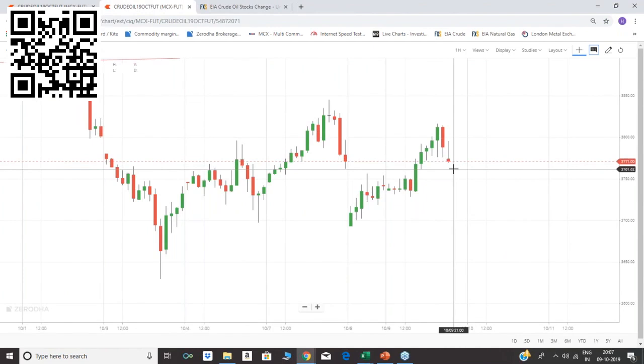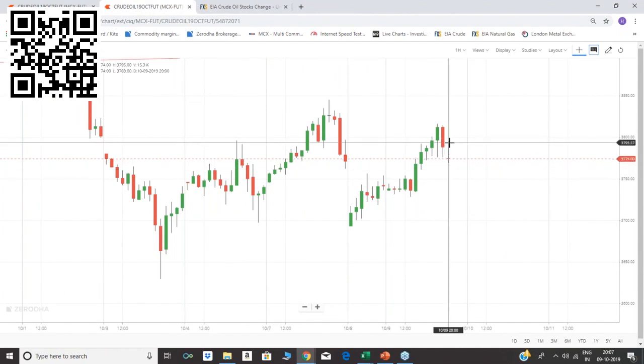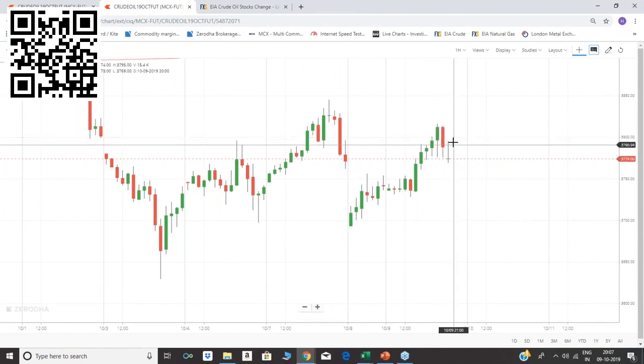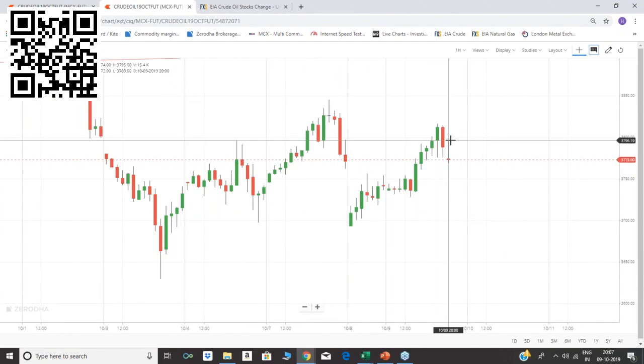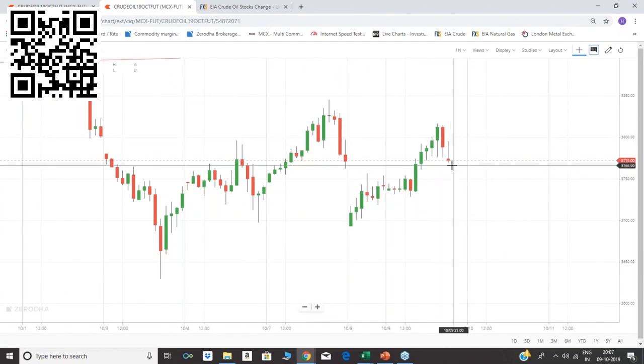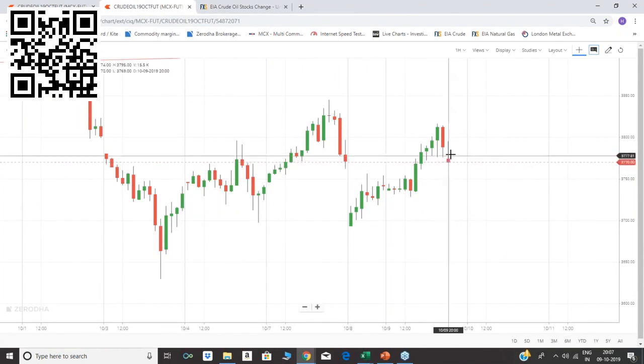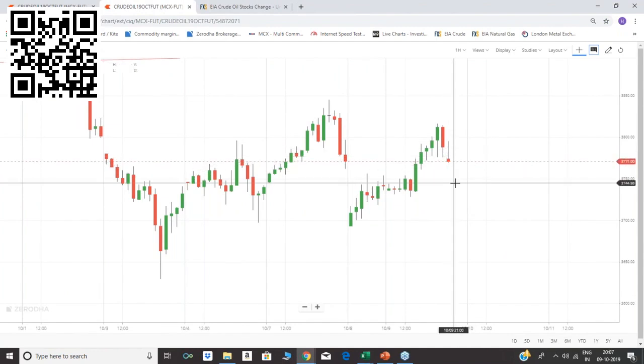Just in a single minute, you need to book your profit. That's it. Perfect. According to the inventory data and this candlestick pattern, you can make a sell entry when the price comes to this zone. And see, you will get. Now first target is this, right? Again 69 would be first target because the price has reversed from 69. And see here the target is given. We got the target.